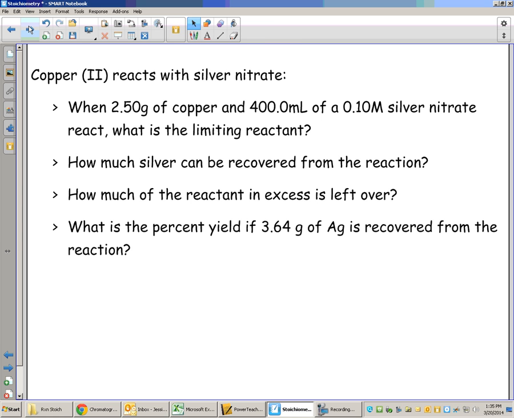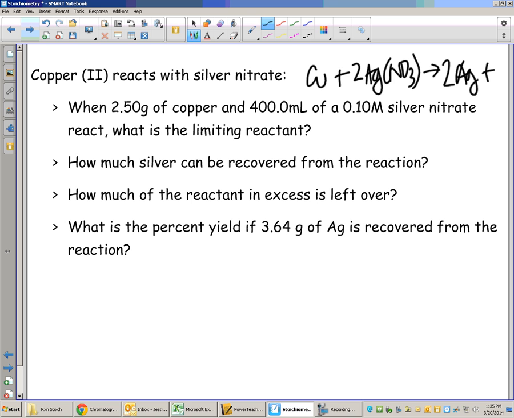Alright, spot check. What's your BCE? Silver nitrate plus copper yields... Beautiful. Okay. Good. Alright, keep going. No, you could have balanced that. You just didn't get on it yet. So for every 2 silvers, there's 1